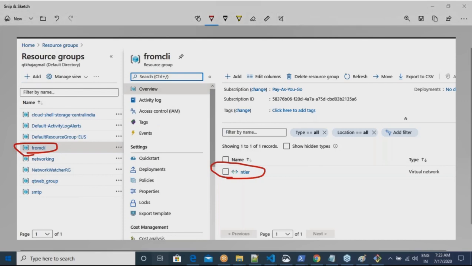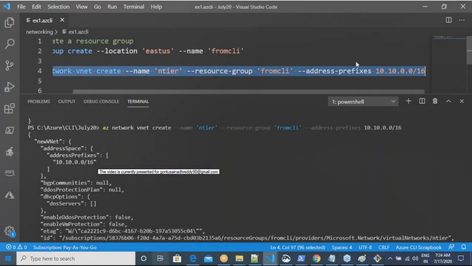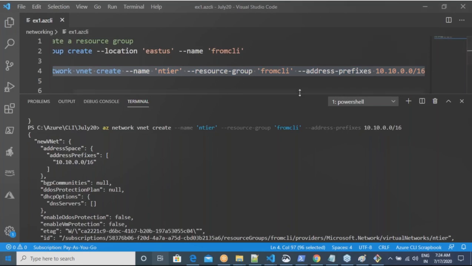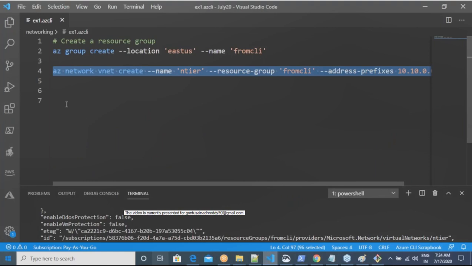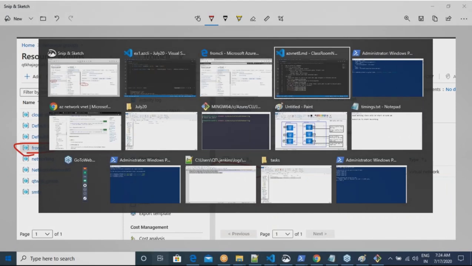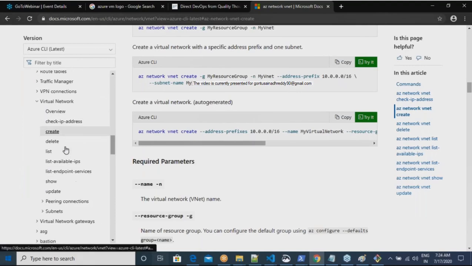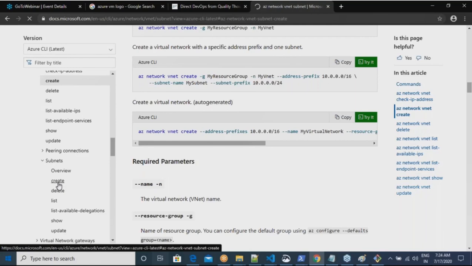Okay. So did you understand this stuff? Yeah. That is the reason why we are writing, right, Harish? The reason we write in this format is because in the future, if you want to reuse, we will be reusing these commands in script format. Okay. Now what is it that I need to create? I need to create subnets. Yes or no? To create the subnets, az network vnet, if you get into subnet, there is a section called create.